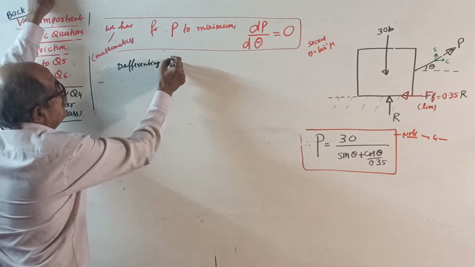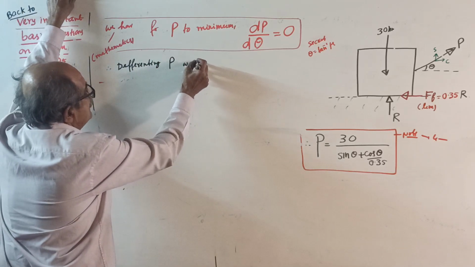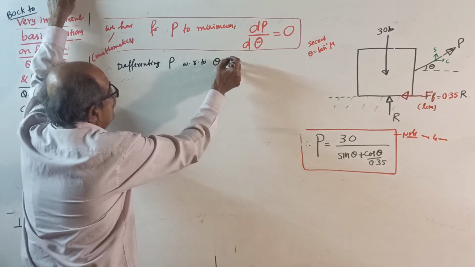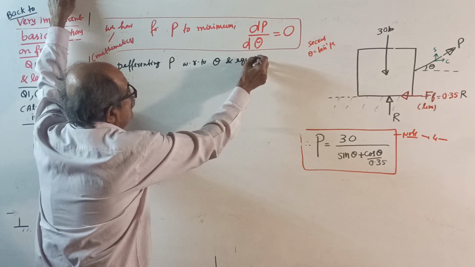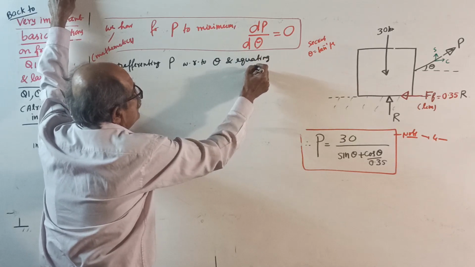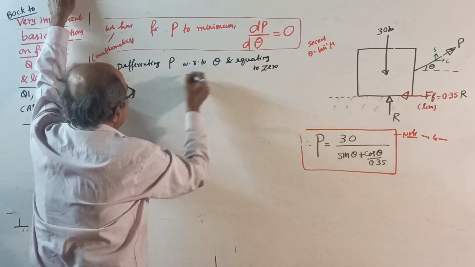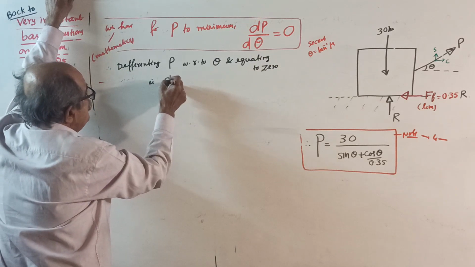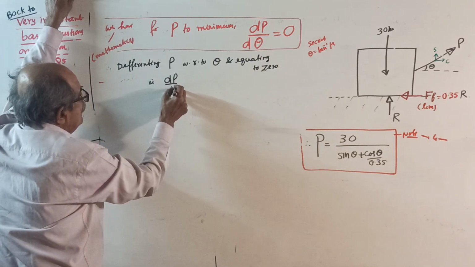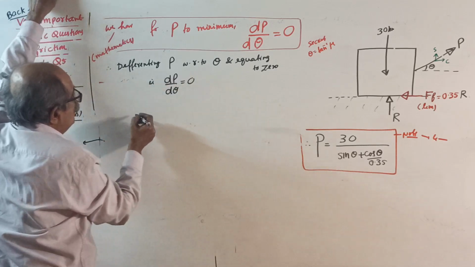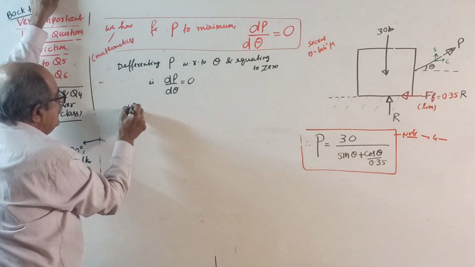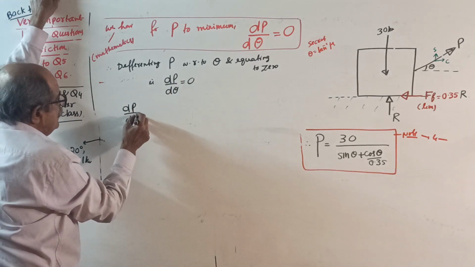Differentiating P with respect to theta and equating to 0, that is dP by d theta, you make equal to 0, we get dP by d theta equal to,